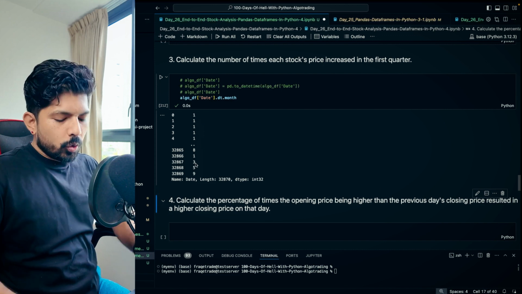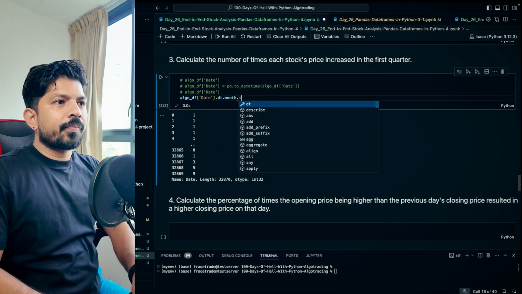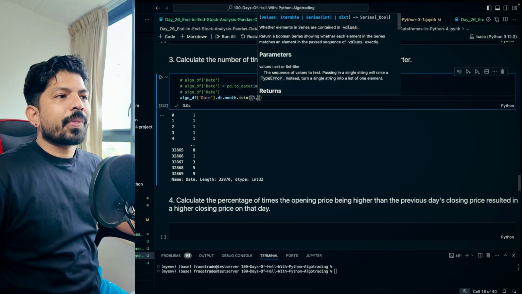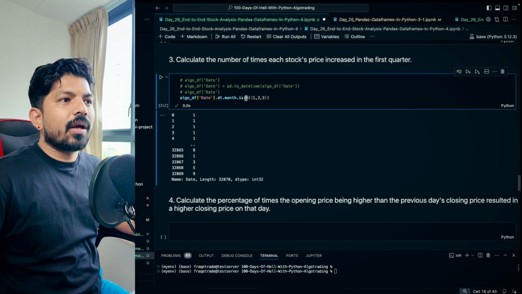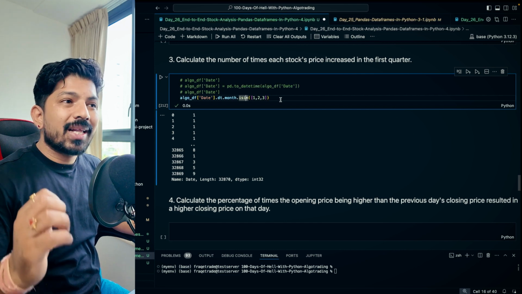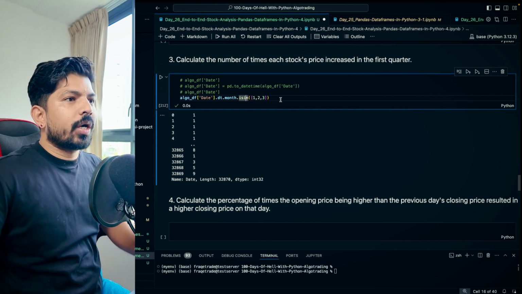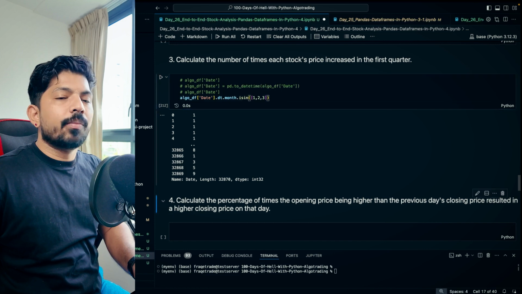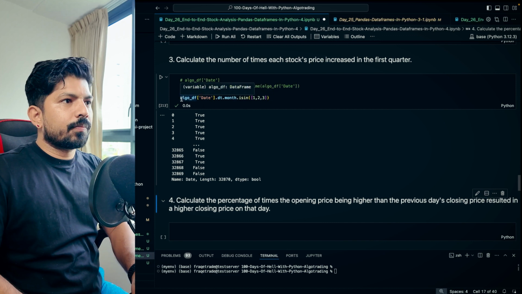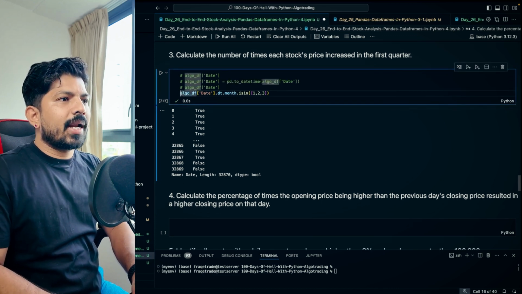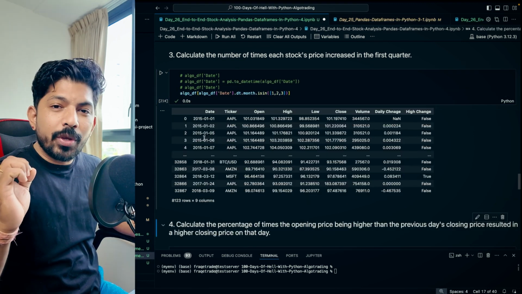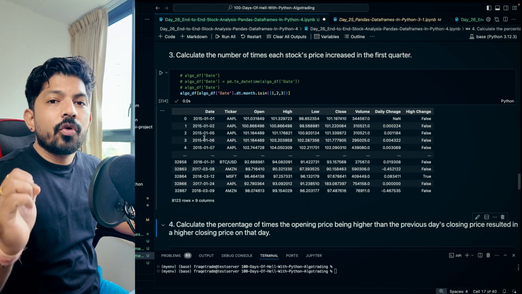So for that, we can use the function isin, and we can pass a list here: 1, 2, 3. So it will check whether these rows are 1, 2, or 3, meaning January, February, or March. If it is true, then it will return us a Boolean series. So let me hit shift enter, and you will see that we have a Boolean series, correct? So now what I will do, I'll just store this in another variable, and let's say we first make this as a mask, and I'll write algo_df, and now we have only the values from January, February, and March,